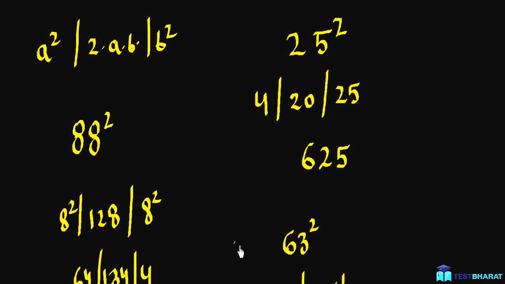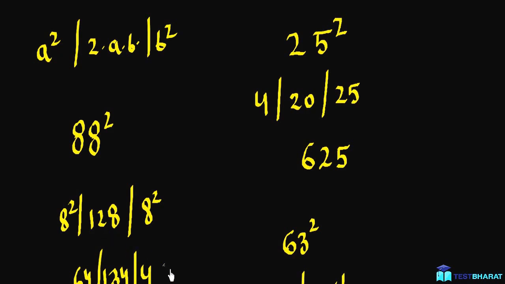Hello. In the last video we learned how to calculate squares of two-digit numbers, and in this video I will tell you how to get squares of even 3-digit, 4-digit or any number. For that I'll start from a two-digit number. If you find this method easier, then you can use it, but this method will only work for two-digit numbers.